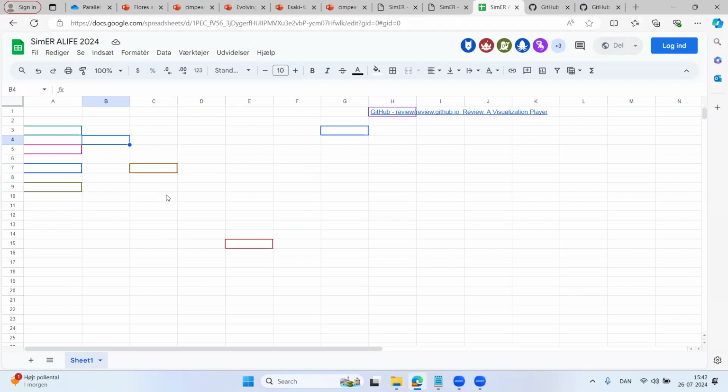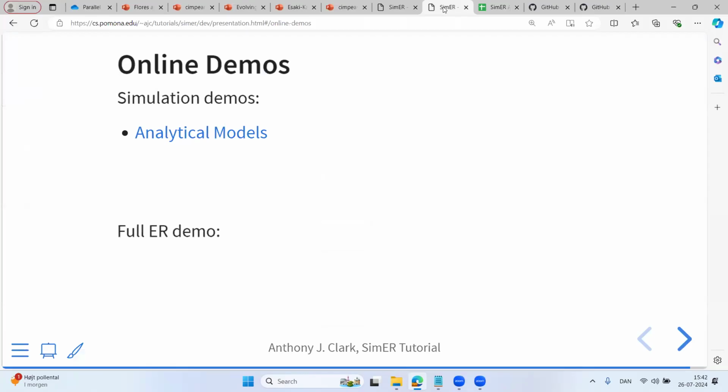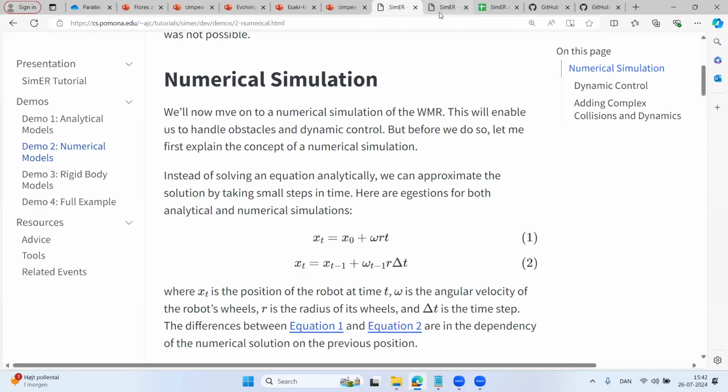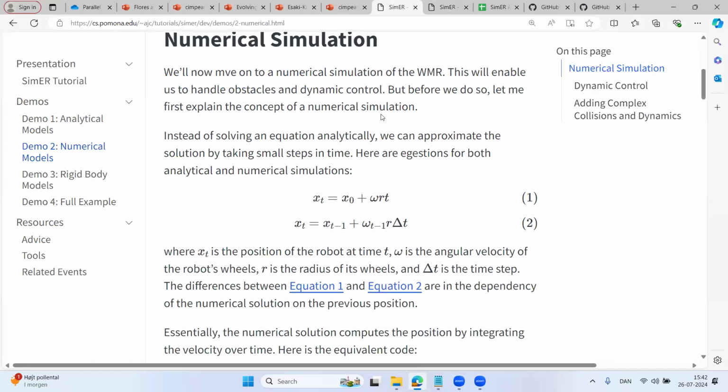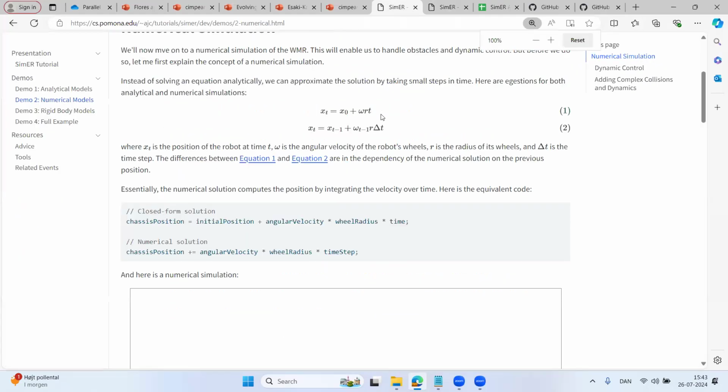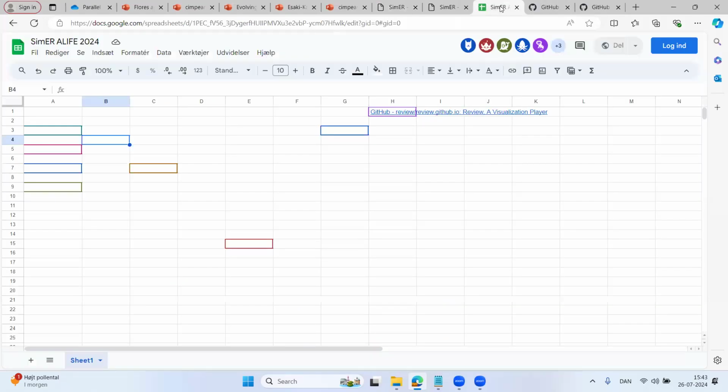All right, well, I'd like to give you a little bit more time to read through the next demo then. So the next demo being the numerical solution, the numerical version. And again, feel free to put questions on the sheet as they come up.